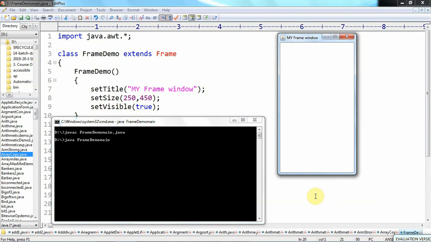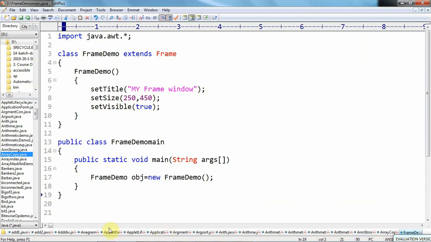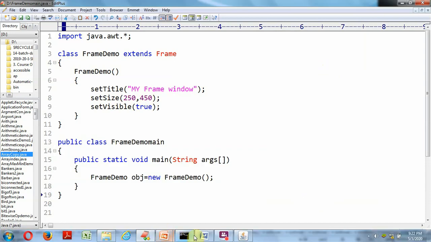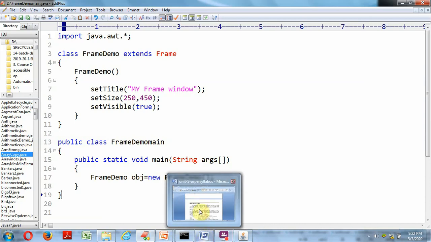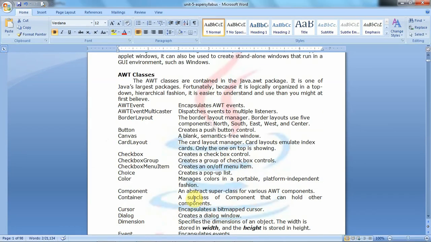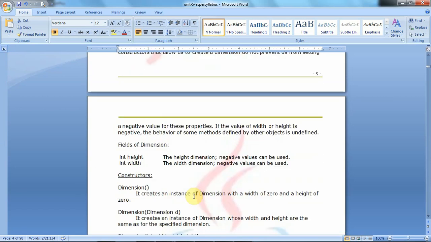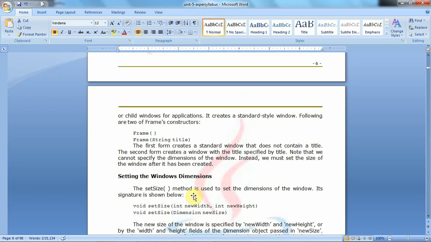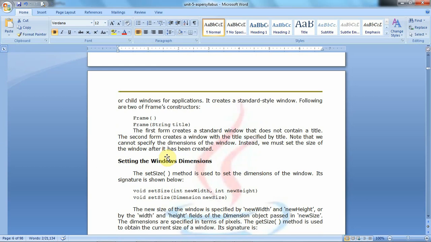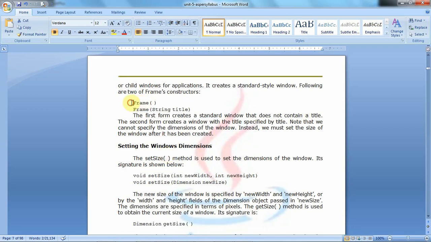So we'll see in detail about the Frame class. Frame is created with two constructors: frame without any title, and frame with title.